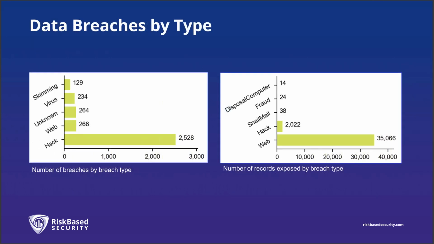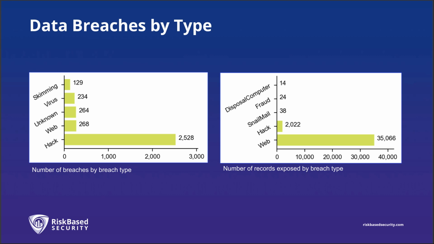As we move ahead, the next lens, the next way that we like to look at the numbers, is by looking at how data breaches happened. And for regular listeners, I don't think we're going to see a big surprise here in the trends, because for a very long time now, for at least the past 4 years, going on 5 years now, we've seen unauthorized access into systems or services, shorthand or coded as hacking here on the chart, as being the leading breach type, accounting for the most publicly disclosed breach events.